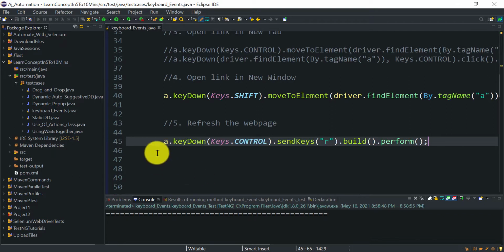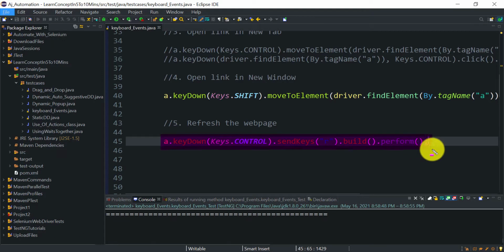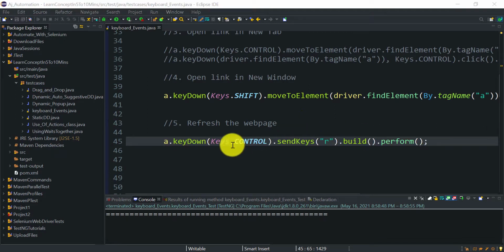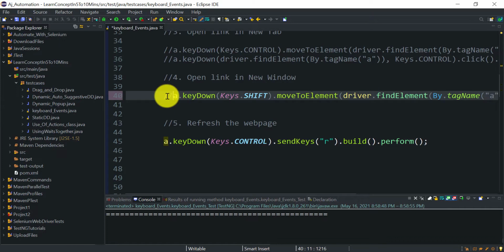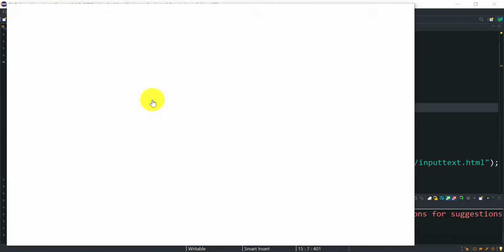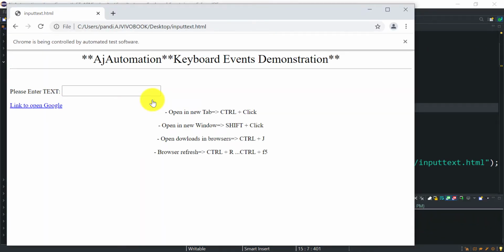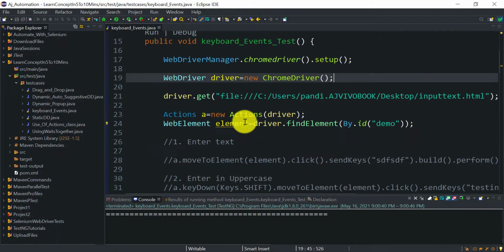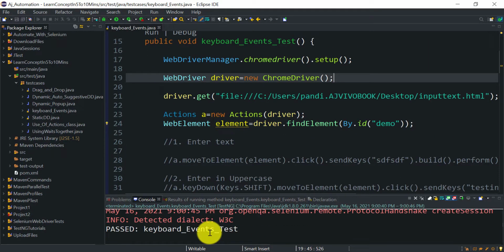This action sometimes works and sometimes it does not work on the Chrome browser. It depends upon what Selenium Java version you are using. So you can try with different browser versions, driver versions, and Selenium jar versions. Currently I have the latest one, so let's go and see if it is working or not. Okay, but it is not working, right? It just opened that website and it did not press the Control and R. Our test case has passed, but it did not perform any action.